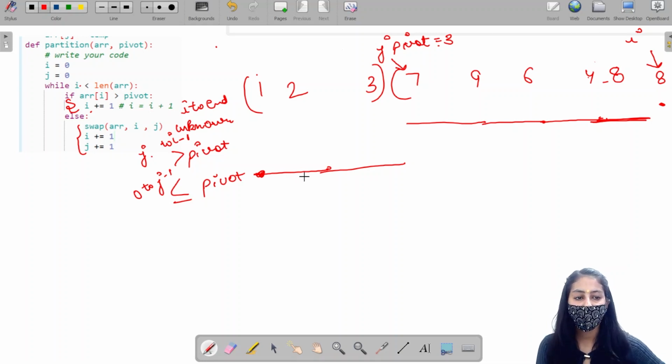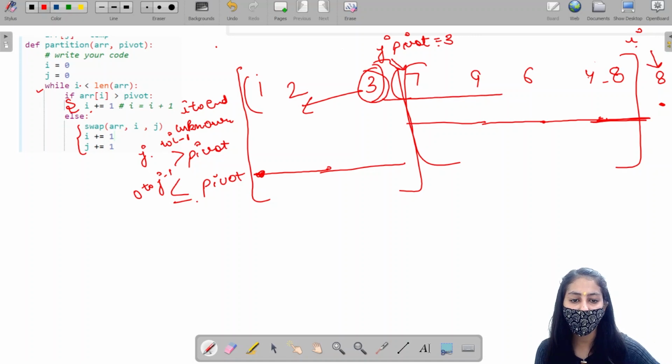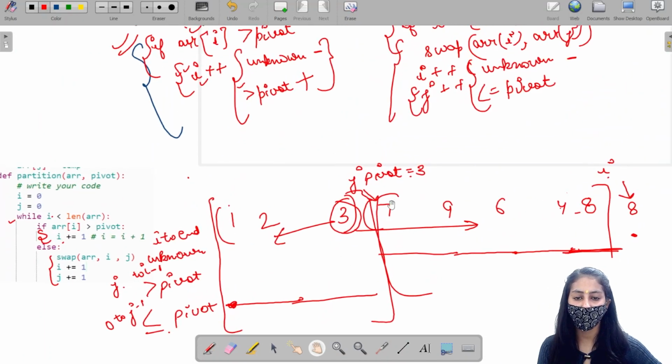Now you can see that the while condition terminates because I is equal to the length of the array, right? So now this region will contain the elements which are less than pivot, this region will contain the elements which are greater than pivot, and all the elements which are less than 3 appear on its left side, and all the elements which are greater than 3 appear on the right side of 3, right?